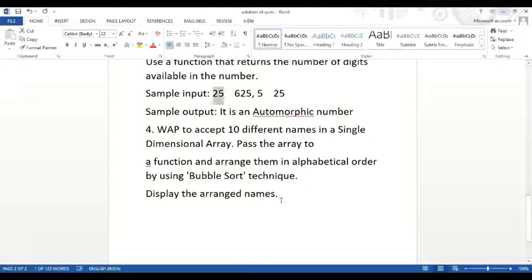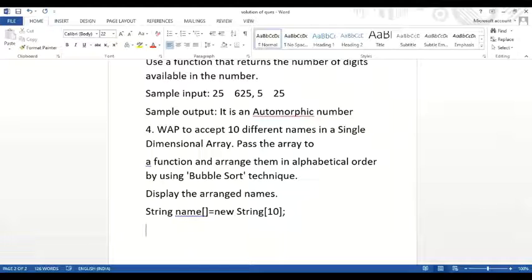Here what you are going to write? If the array name is name, suppose you have declared a string name equals to new string, let me say for 10 names. While comparing, the loops will be the same. For i equals to 0, i is less than 9, i plus plus.